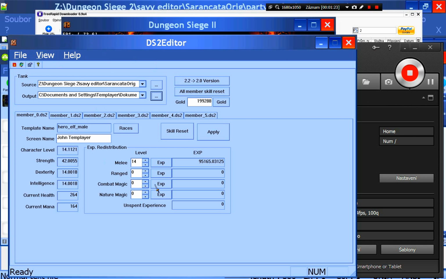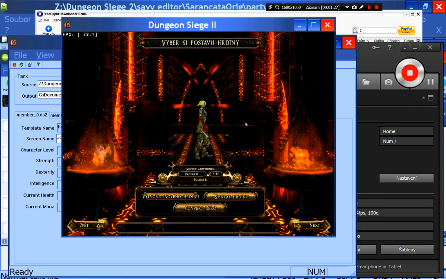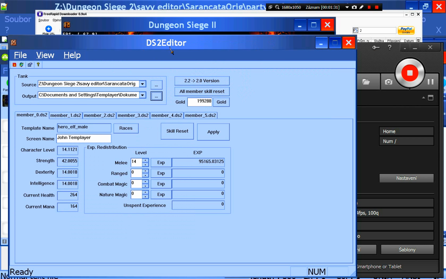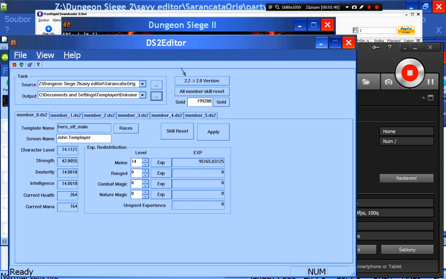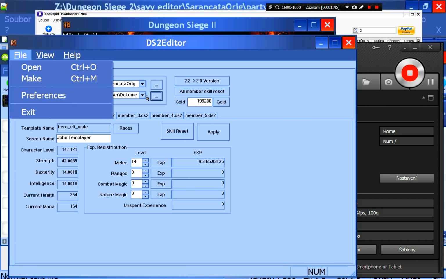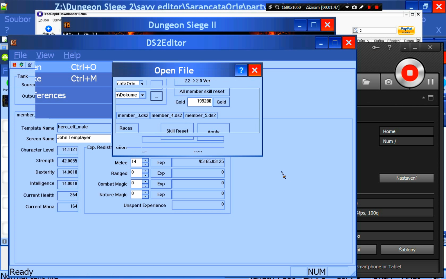And this one, the TS2 editor, doesn't really work because I have a heavily modded game with the expansion pack. This doesn't work with the expansion pack as far as I know, and I have mods for new races and such, so it doesn't really work, but I'm using it because it is quite easy even if this part doesn't work. So I'm going to open